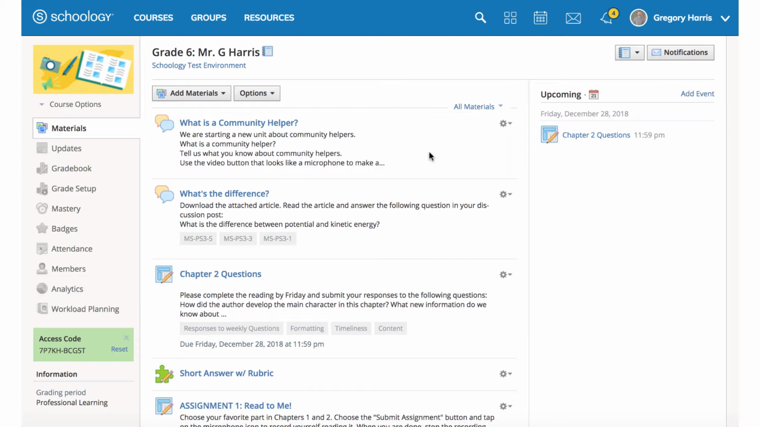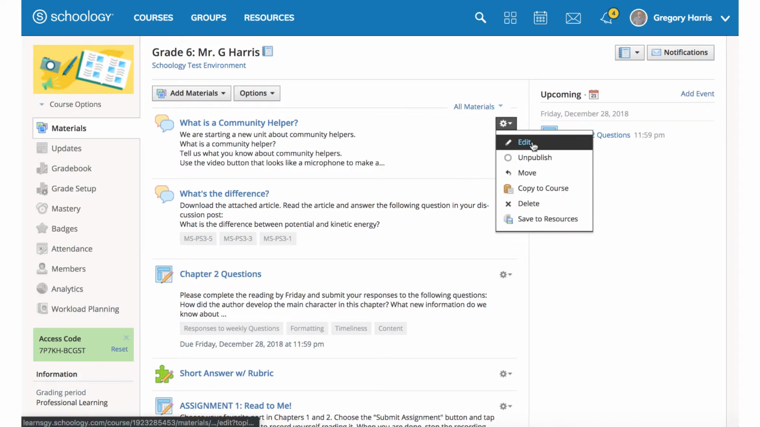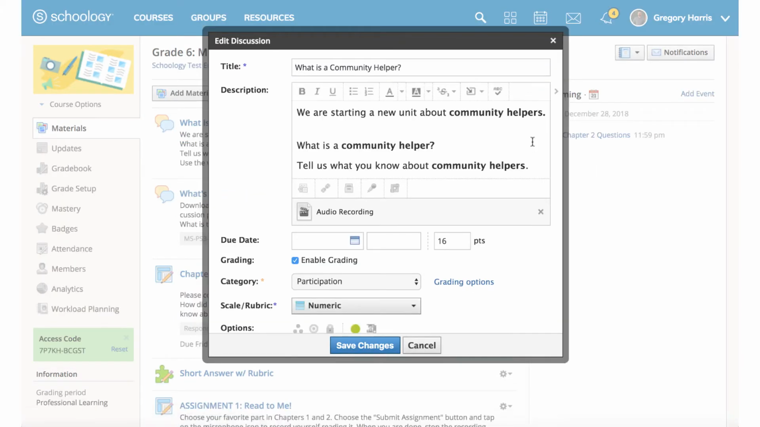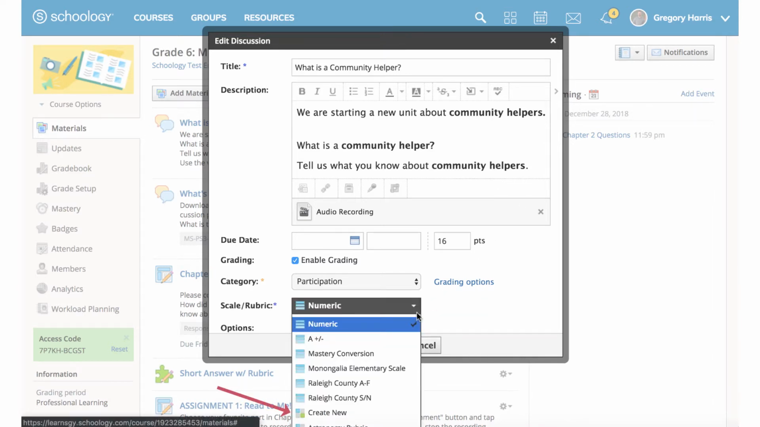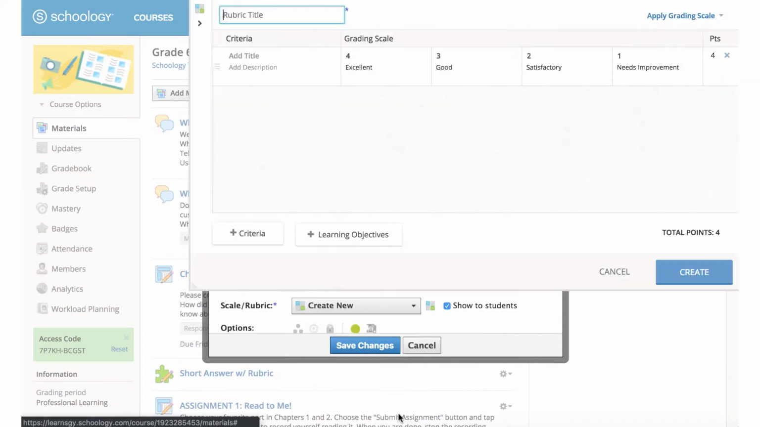We're back on our course's main page and we'll edit this discussion to include an alignment or mixed criteria rubric. In the Scale/Rubric drop-down menu, I'll select Create New. I'll give it the title Alignment Rubric. This time, instead of choosing the option to add a criteria, I will select the button that says Add Learning